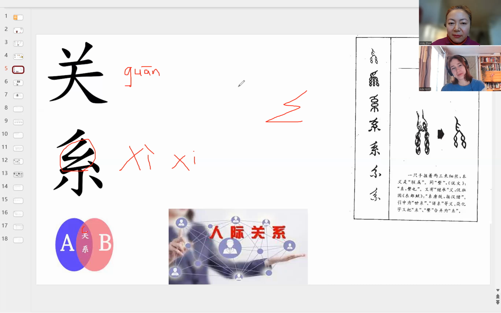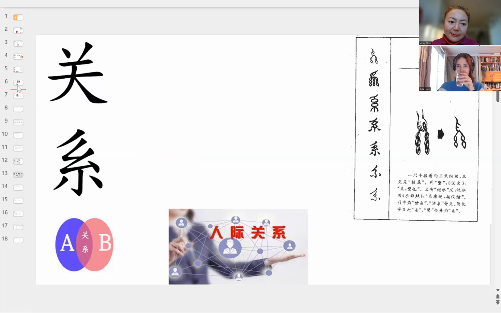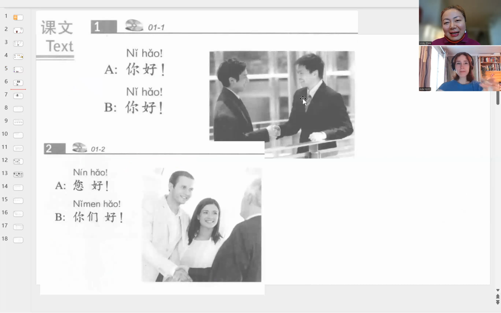This part here, we have a radical. What is it? Yeah, like a silk radical. This silk radical, I'm thinking silk also, you need to use some rope, silk rope, to tie something. That helps us to remember this character. 好的，关系。